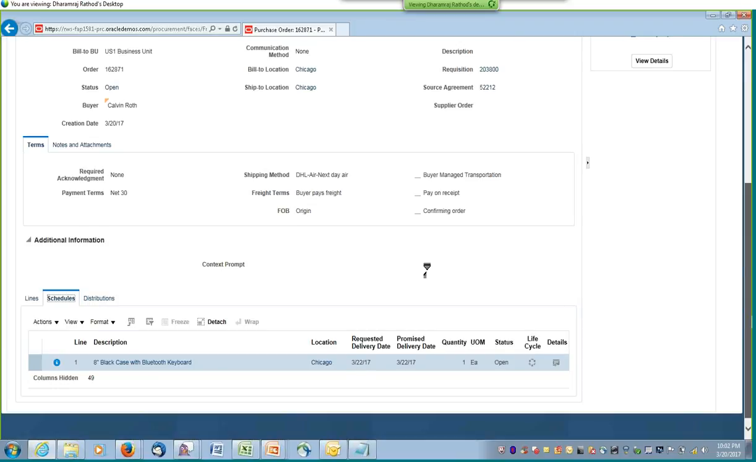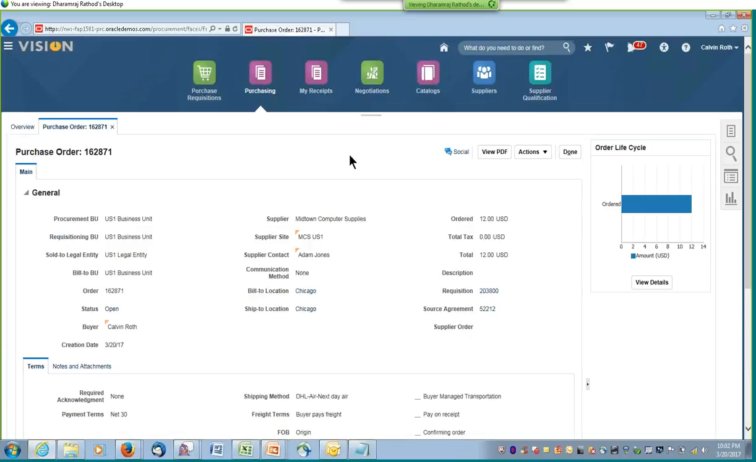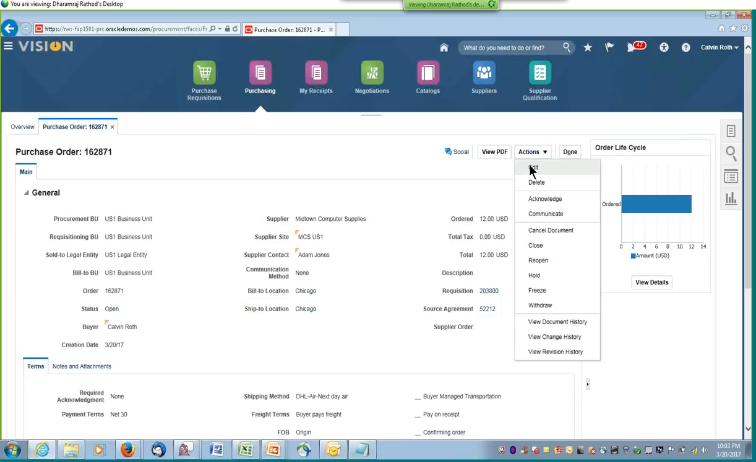So that was a demand side change. Likewise, you can change the quantity. You could cancel it and so on. You could edit this purchase order. Let's say